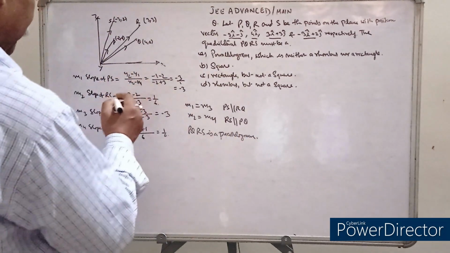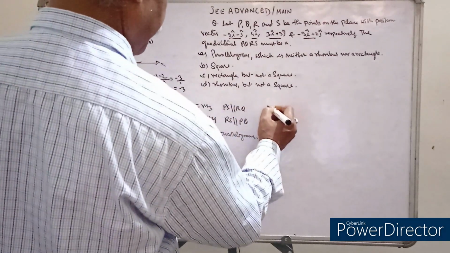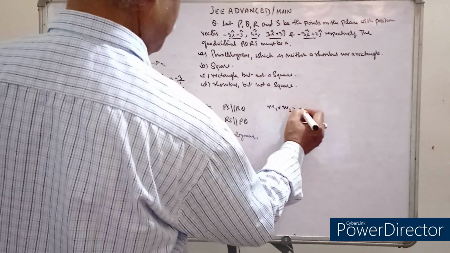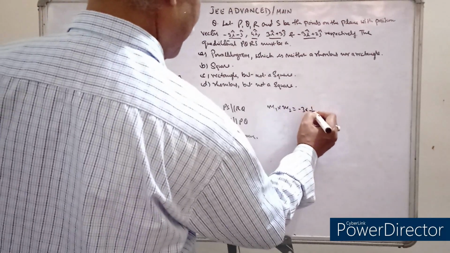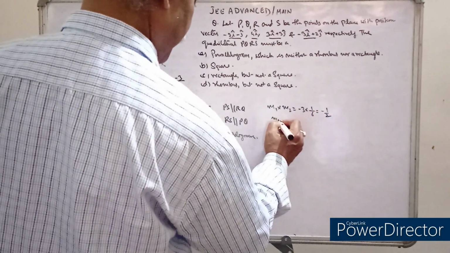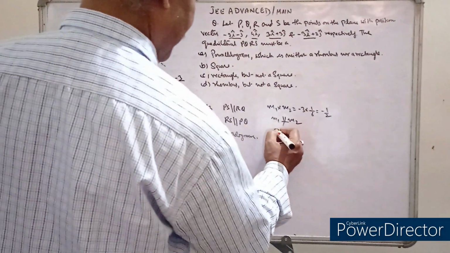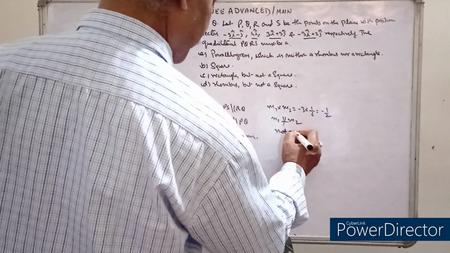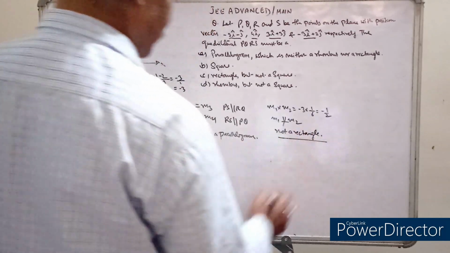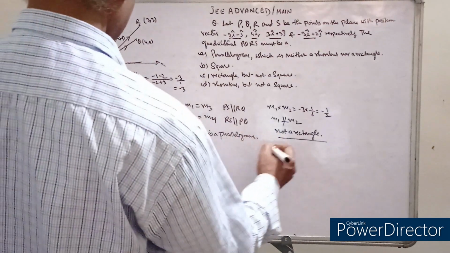Now let us see m1 into m2, that is minus 3 into 1 by 6, minus 1 by 2. So m1 is not perpendicular to m2, so it is not a rectangle. Since it is not a rectangle, and again